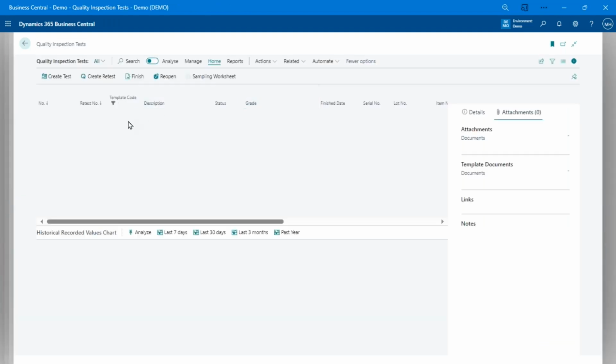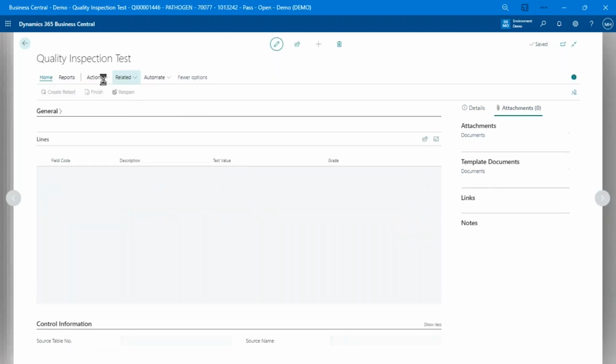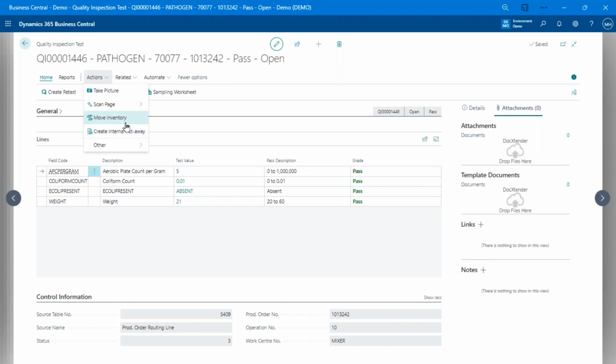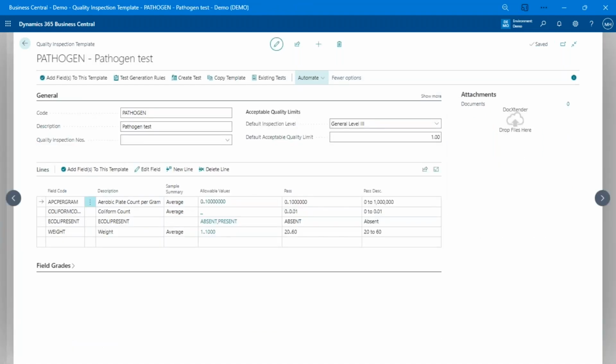If you don't want to do that automatic disposition, by the way, I'll just open up the one we're doing here. You can actually come in and manually do those sort of disposition steps as well, right? So you can move the inventory, create putaways, those sorts of things as well. But that's basically it. Very simple. The setup is very easy, especially if you have existing quality forms you can upload. Once it's there, the test can automatically be created. You simply fill them in Business Central, phone, tablet, whatever you like. It grades it, flags it, blocks lots, prevents you from doing things with lot numbers, and you're done.